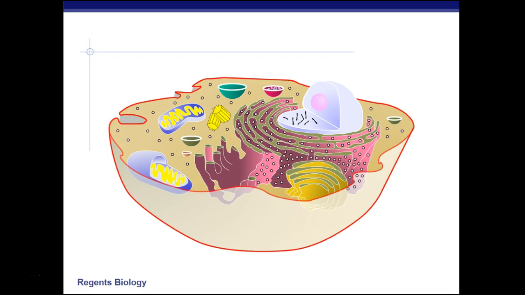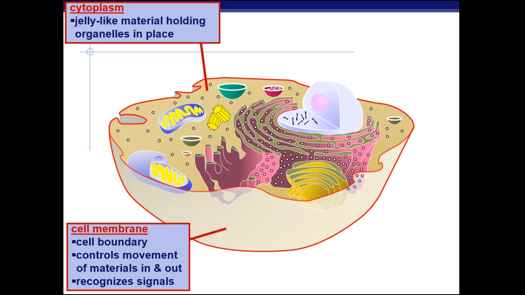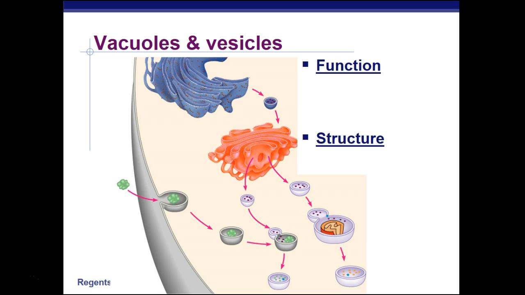So there's our membrane surrounding our animal cell. And there's a quick summary of some of its jobs. Within the cell membrane, we have the cytoplasm, the jelly-like liquidy material where all the organelles live. To get around in the cytoplasm, or to travel to different organelles or out of the cell membrane, you typically